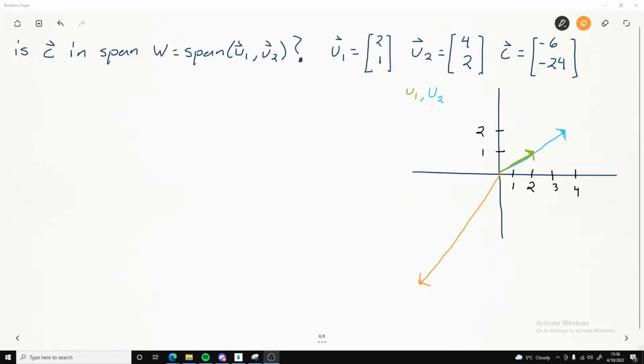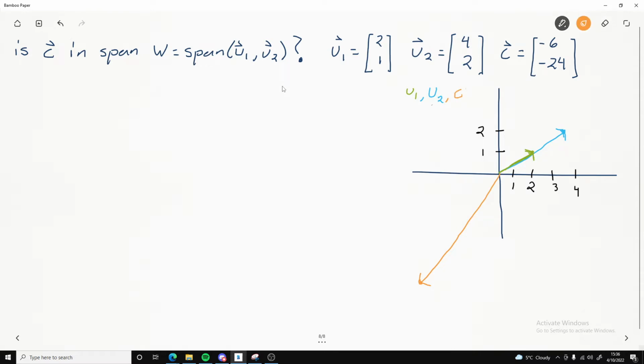Hello and welcome to one of the first linear algebra videos I've made on this channel. Today we're going to be looking at whether a certain vector is in the span of another. And we have an interesting case today. I've drawn out, I did forget one minor detail. Oh wait, that's C. So I did draw out the vectors